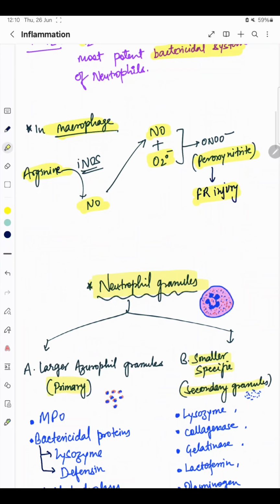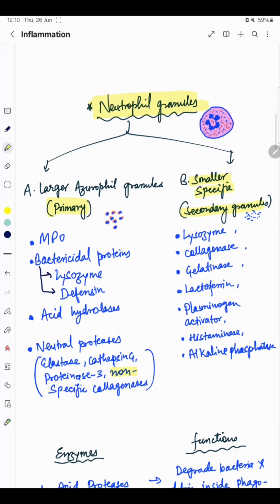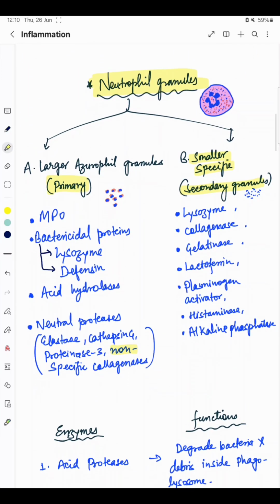Now we will see the various granules of neutrophils. As the neutrophil is the principal leukocyte involved in acute inflammation, we will see the various granules of neutrophil. There are two main types of granules in neutrophil: primary or larger azurophilic granules, and secondary or smaller specific granules. The primary azurophilic granules have MPO,